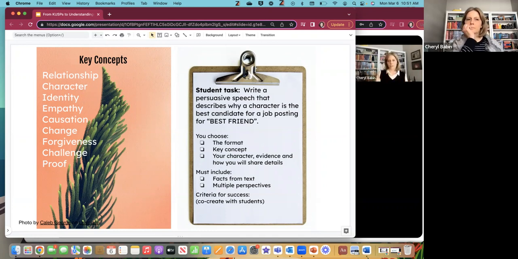Now, when we think about how this relates to the key concepts or those organizing ideas, you can think that if we look at different examples of friendships and relationships and how conflict is solved, what kinds of empathy or compassion might be present in the storylines, there's all kinds of different things that could happen. We've got forgiveness and challenge, lots of different concepts that we could look at. So let's take a look at how we can take that further.